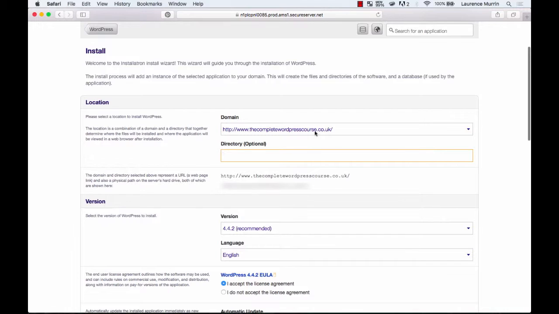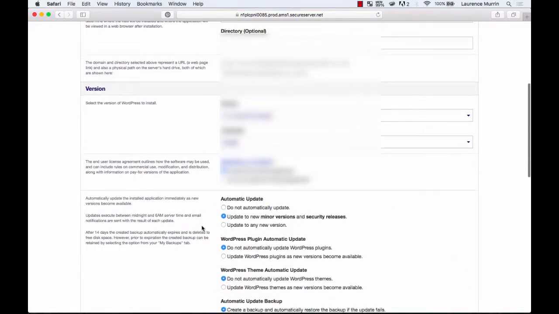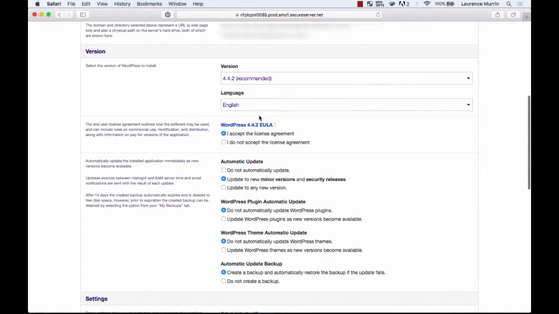So if you wanted to install WordPress somewhere other than your homepage or your domain, and you wanted it to be something like the complete wordpress.course.co.uk/blog and install WordPress just on your blog, then that's what you would put in here. If you want to install WordPress on the main directory of your website, where you want your website homepage to load up as where WordPress will go, leave this bit blank. So I'm going to leave that blank, and then I'm going to use the latest version and keep the language as English,